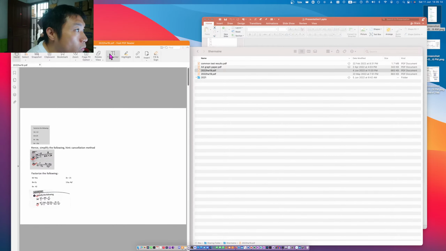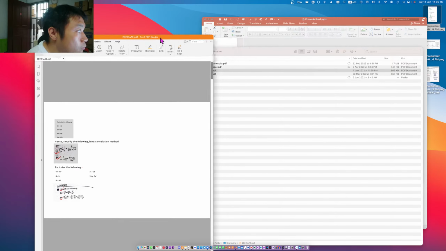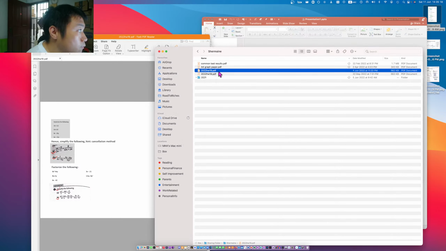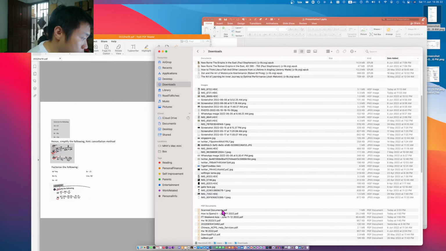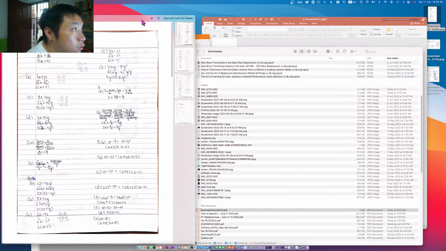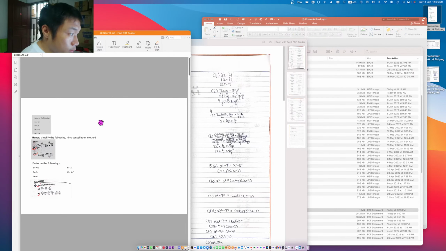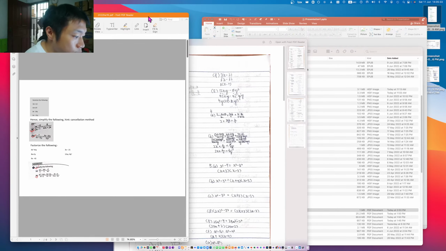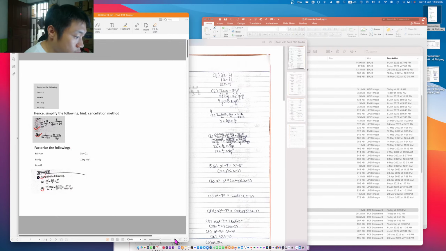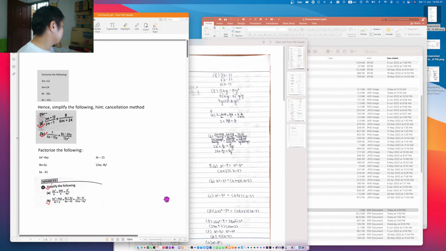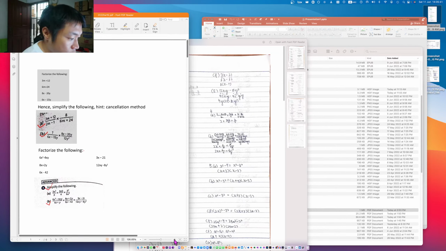Open in reader. Okay. Then this one. Okay, good. Okay, so if you look at the first question, I need to zoom in a little bit. Can you see? Can you see my screen? If not, just come closer. Okay, so